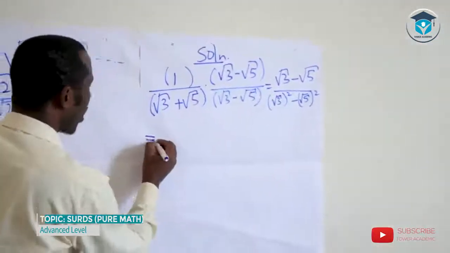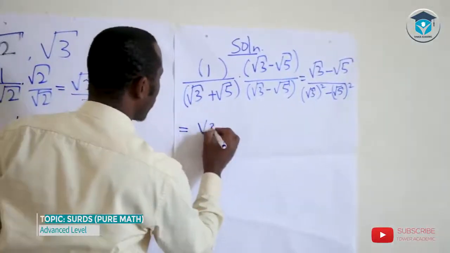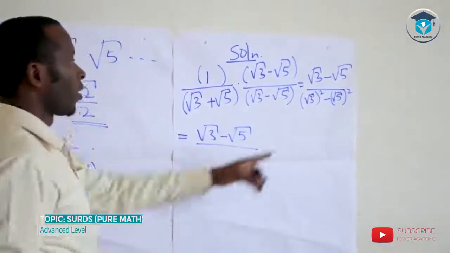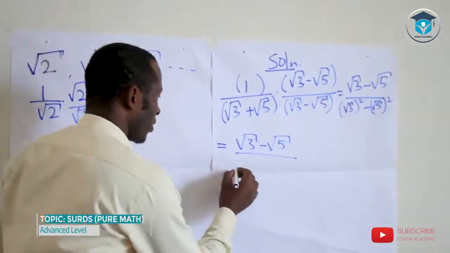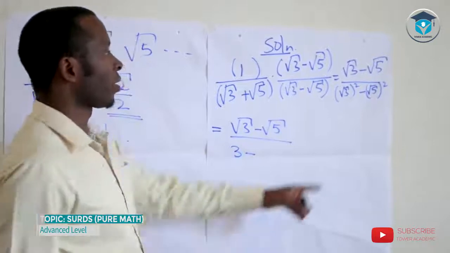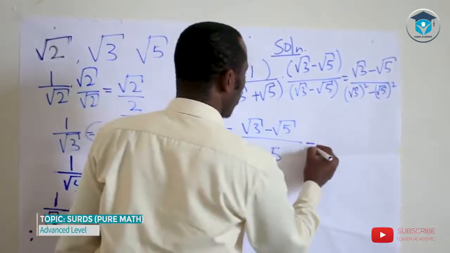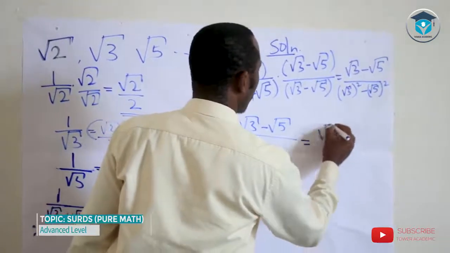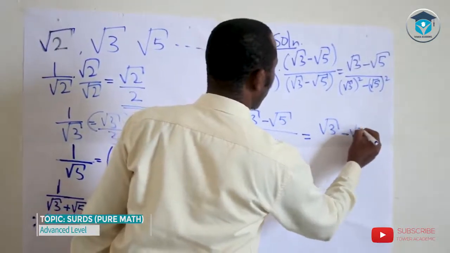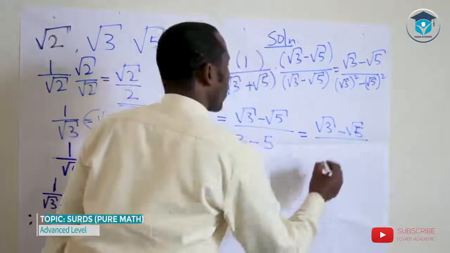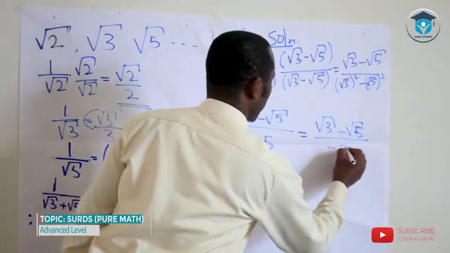So at the bottom here, root 3 squared I'll get 3, minus root 5 squared, I'll get 5. So this one will give me root 3 minus root 5 divided by negative